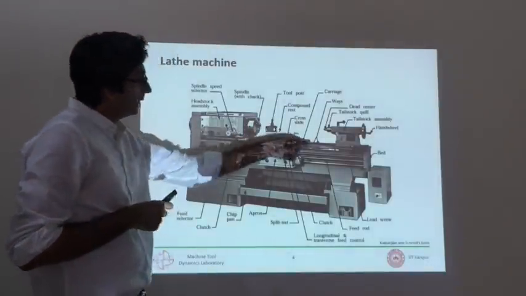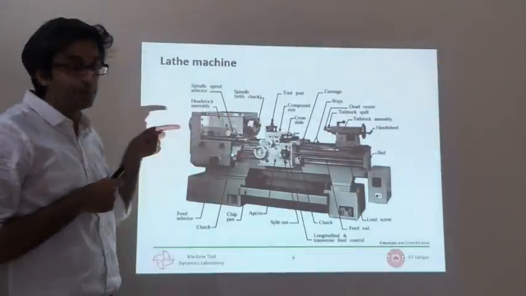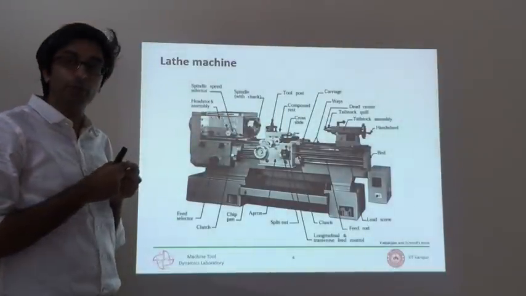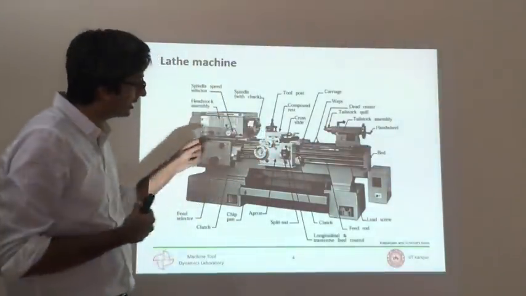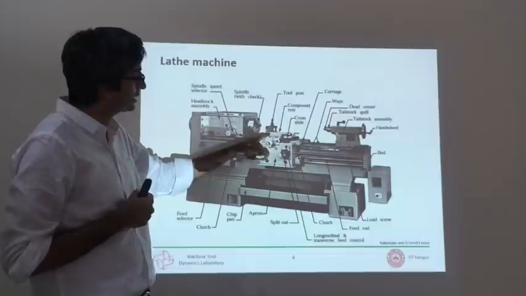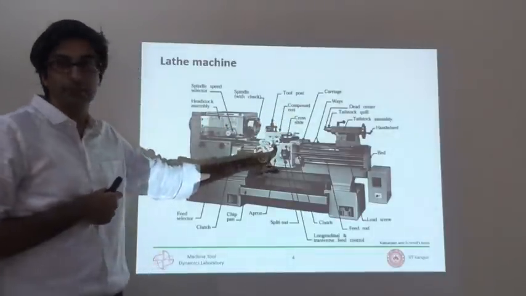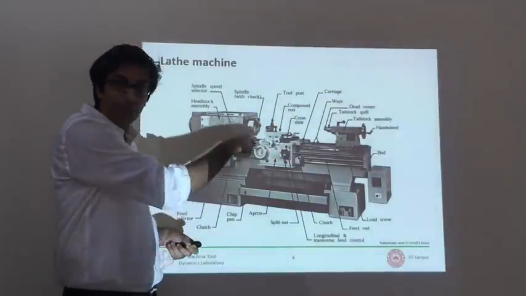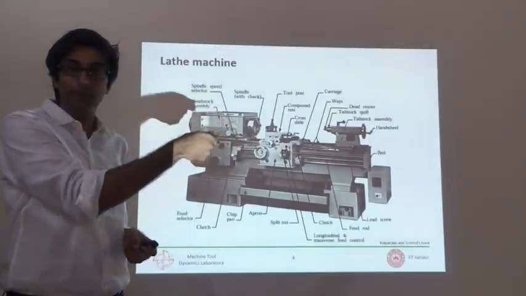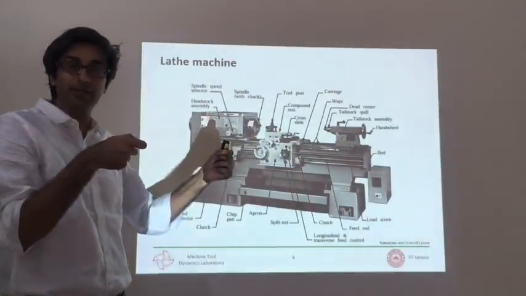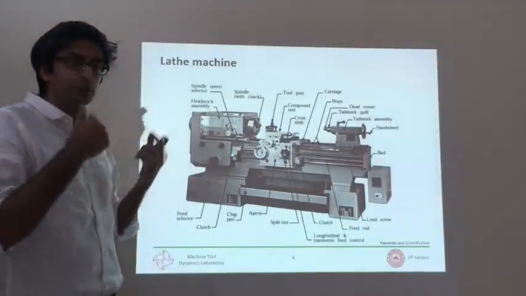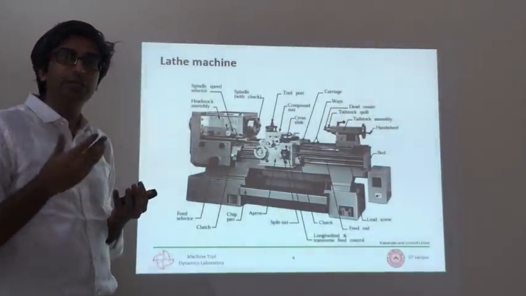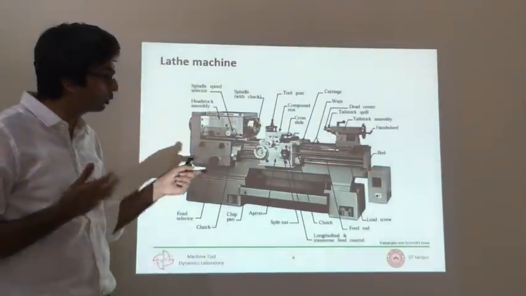The motion in the x-axis, which is in and out of the plane of the board, is also with a screw nut mechanism. There is a screw, again held between two centers, and there is a nut which is essentially supported on this compound rest. And there is a hand wheel here. If you rotate it, you are rotating the screw in place, and because the screw's ends are fixed, the nut will translate over. So again, another example of rotational to linear motion, through a screw nut mechanism.